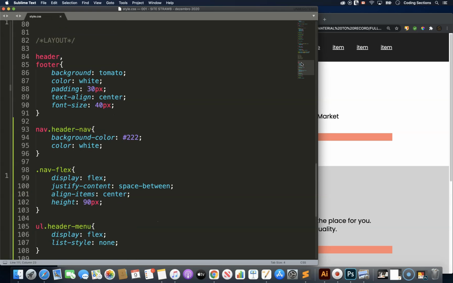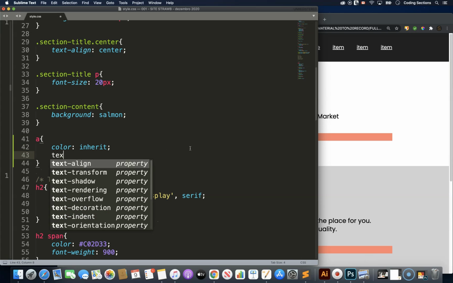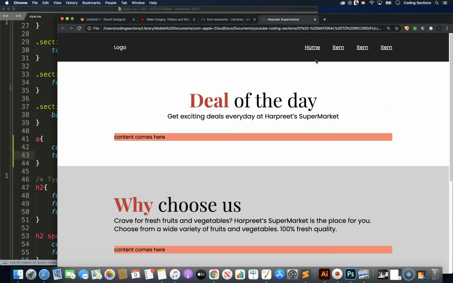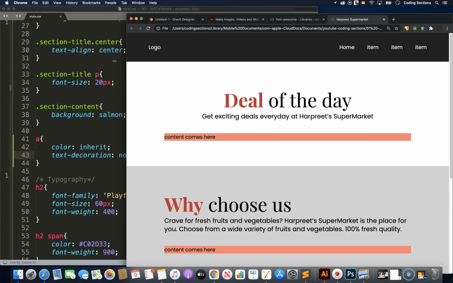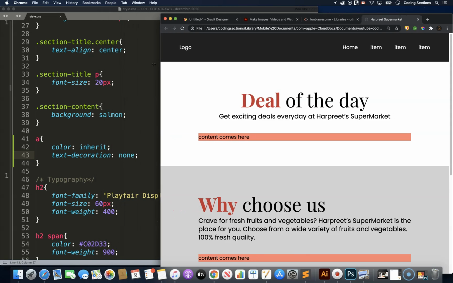Another thing that I also like to apply for my links, generally, well, of course, depending on the project, is the text decoration none. Exactly to remove these underlines there. This is the text decoration none in action. So that's it. Here I have a very simple first part of this